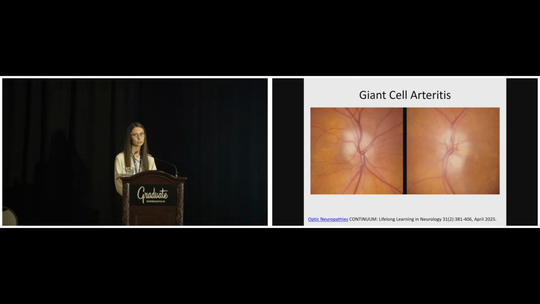Here's an example of a fundoscopic exam in a patient with giant cell arteritis. So this is like taking a look through the pupil, looking at the back of the eye. I don't blame you if you don't see a lot of these, but this is the back of the eye. Those red things are the arteries. The white part in the middle is usually a crisp white circle, and you can see here it's really blurred, right? And so this is an optic nerve that has atrophy and damage from not getting the blood flow from this disorder. So this is abnormal.